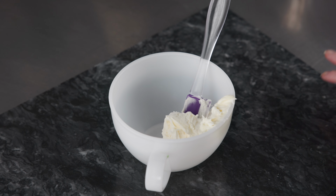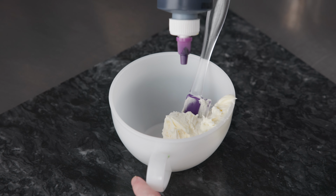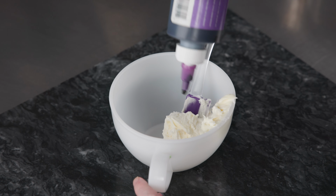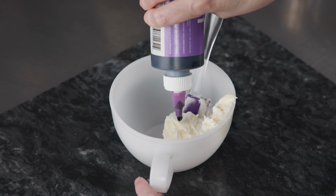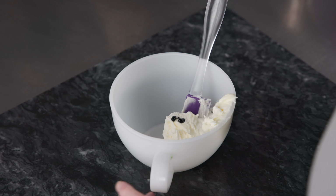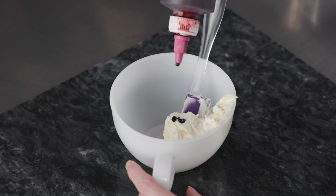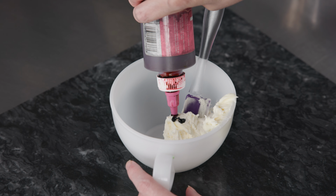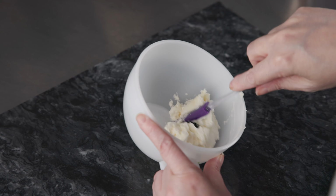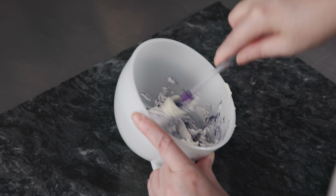To start with, I'm going to make the purple I'm going to use for my petals. So I'm going to start with just a drop of purple. If it'll behave and come out. Come on, purple. There we go. And then I want just a little half drop of pink. So I'm going to squeeze it and just dab that against the surface because I don't want as much pink as purple, but I want this to be like a nice shade,